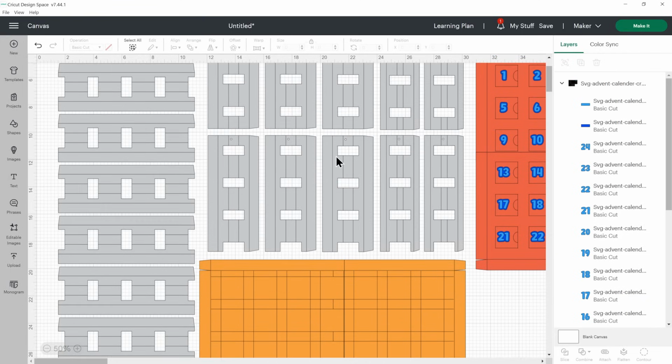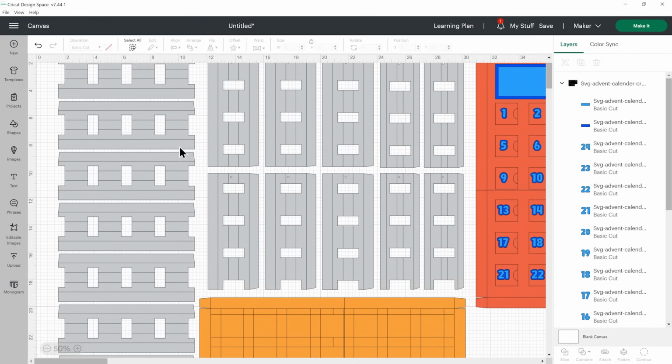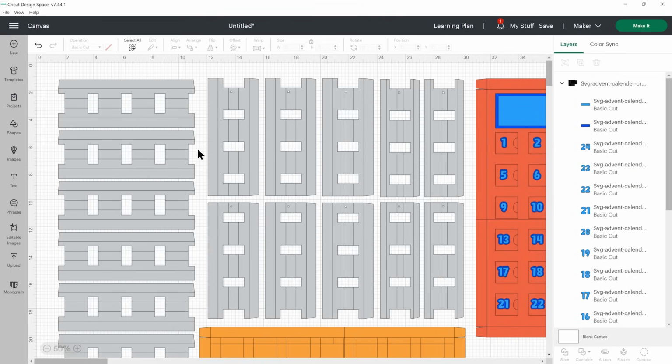All right, so all of these bits here, this is what's going to create the grid inside the advent calendar to make all of the little holes for the sweets or treats or chocolate to go in. And these are important because it means that it's going to keep the candy contained within each individual door of the advent calendar, so it's not going to fall out, and also it's going to make a nice deep space under each of the numbers for you to put your treat in.